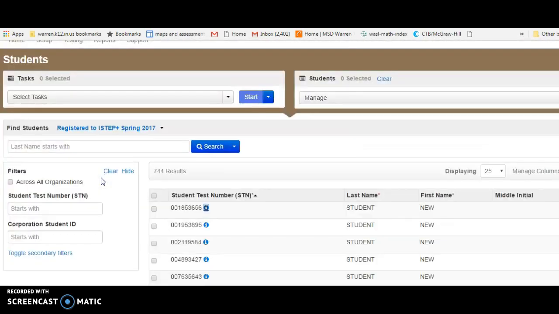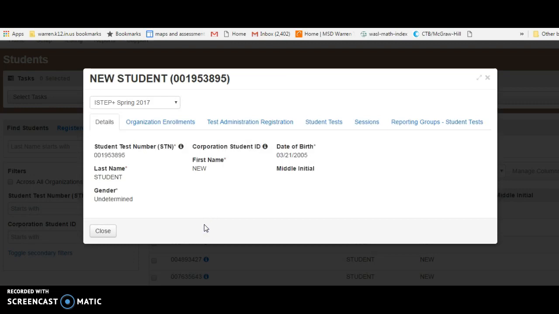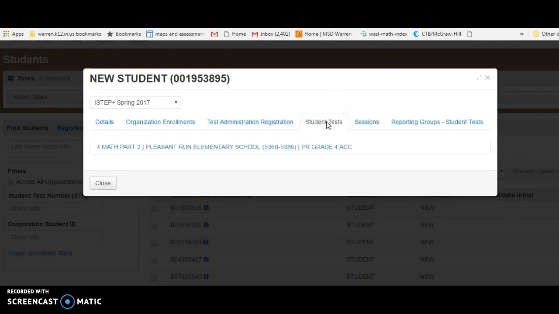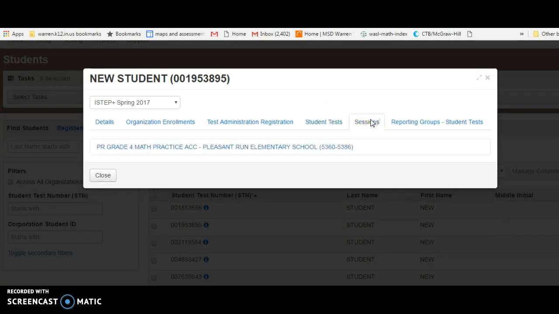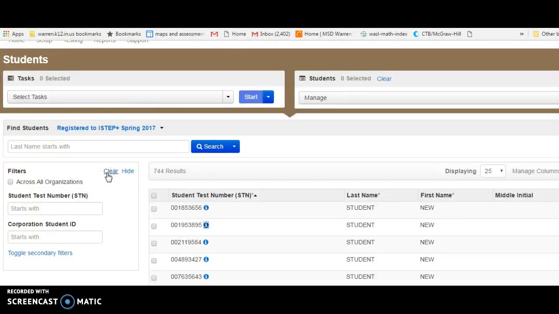I would highly caution you against changing any demographic information other than special education status, if that has changed since the first test administration. If they were white on the first test, my guess is they're still white. However, it could have been an error that their ethnicity was reported incorrectly. In 99.9% of cases, we're going to keep Part 1 the same for Part 2, because changing it creates a mismatching alignment between demographics, which leads to a higher chance of